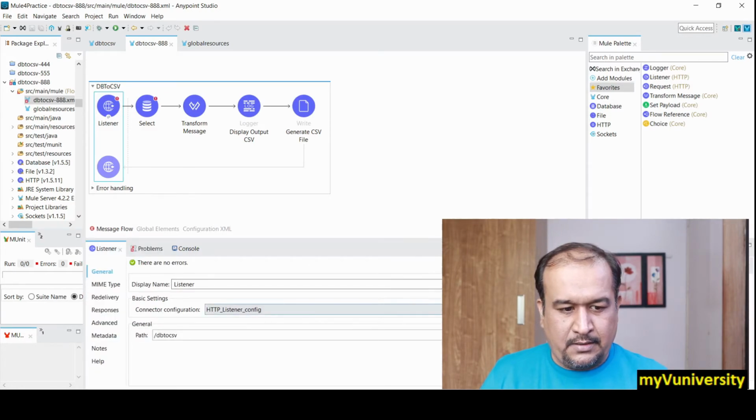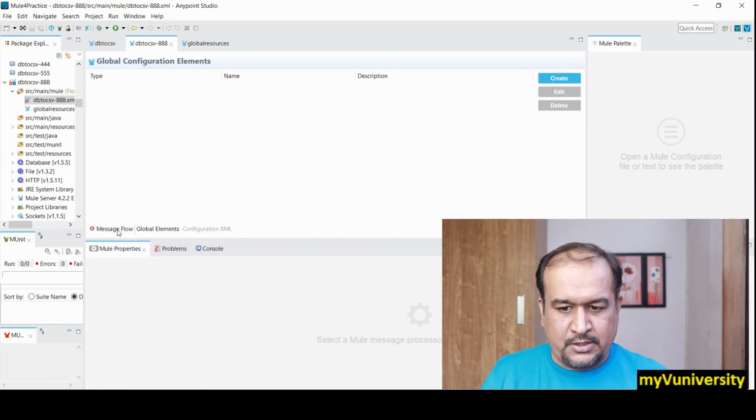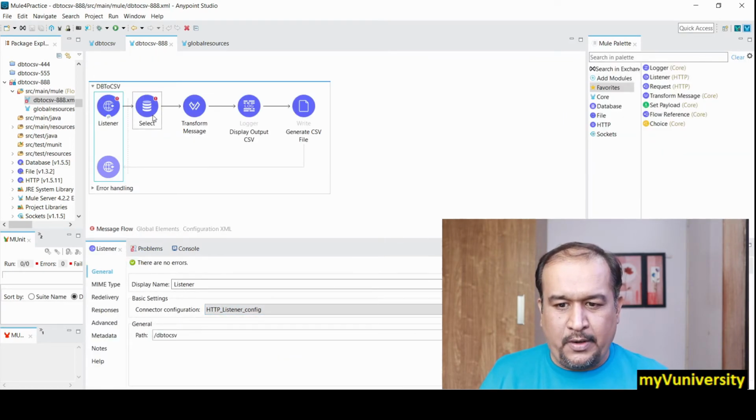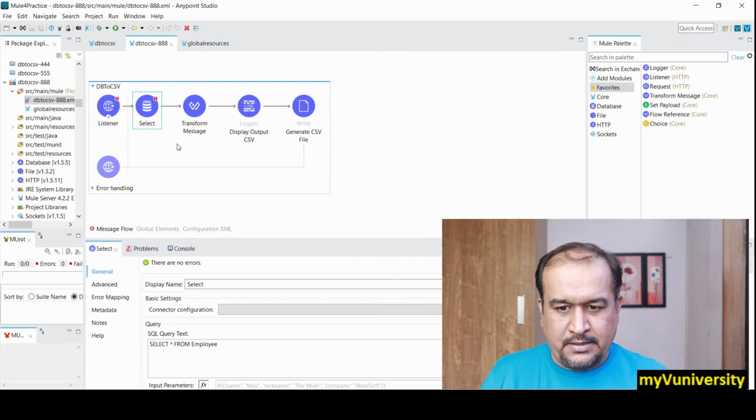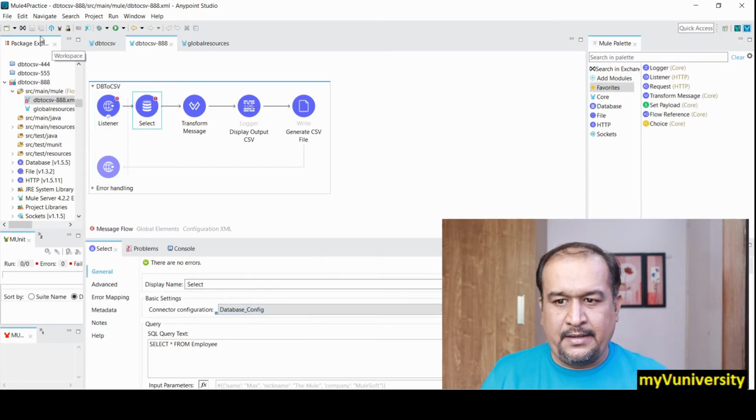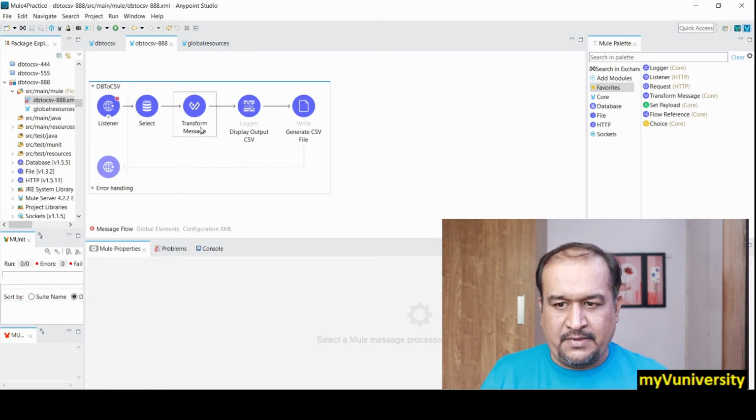Let me do one thing. You can see here there are no global resources, till I can see that it got selected over here. Let me go ahead and go to database, and in database also we have the database config selected, and once I save that you can see the error is gone.